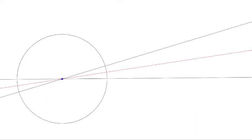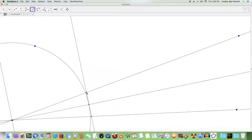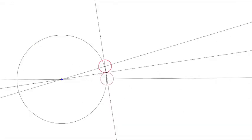First, we will bisect the given angle. We know already that the circle we are looking for will pass through the point where the angle bisector crosses the given circle. Now we will construct a line perpendicular to the angle bisector, which passes through that point. That is, a line tangent to the circle at that point. We will next mark the points where the line we just constructed intersects the legs of the given angle. From these points, we will pull two small circles that reach the point where the tangent line intersects the angle